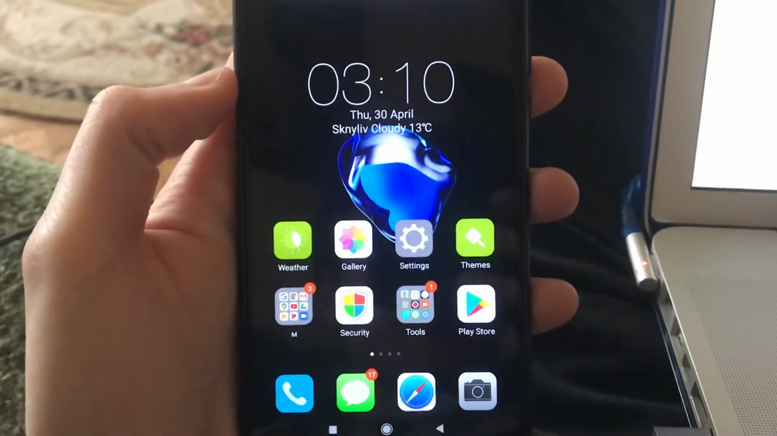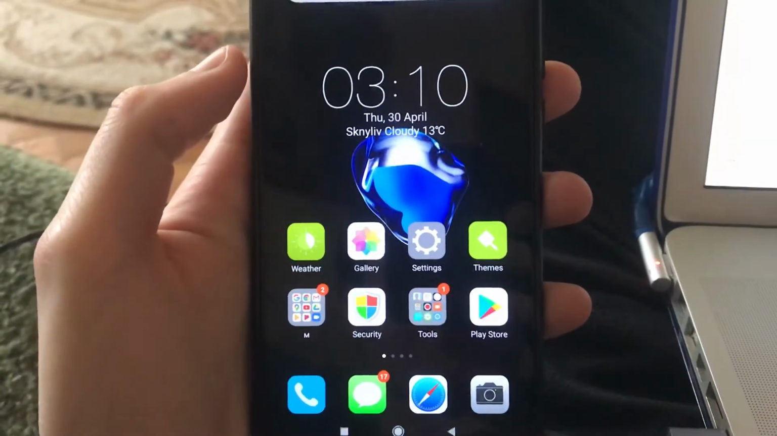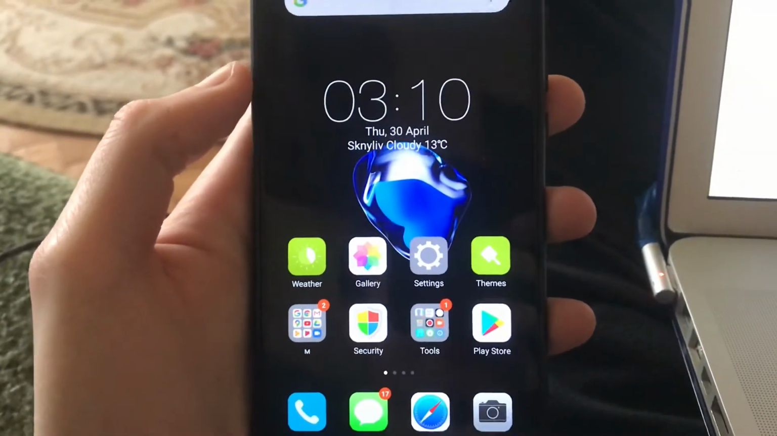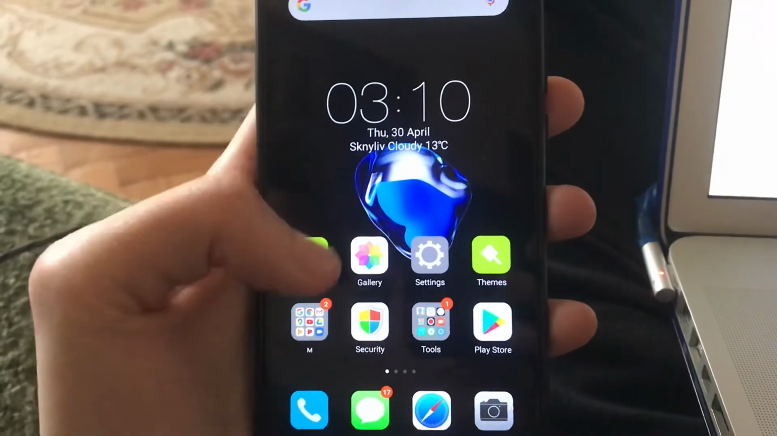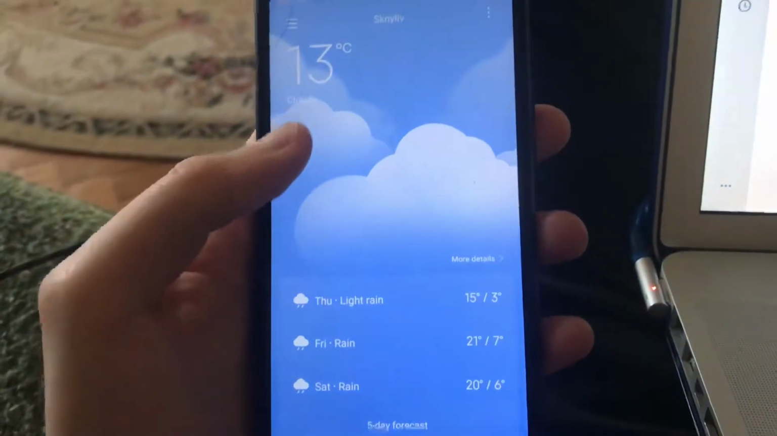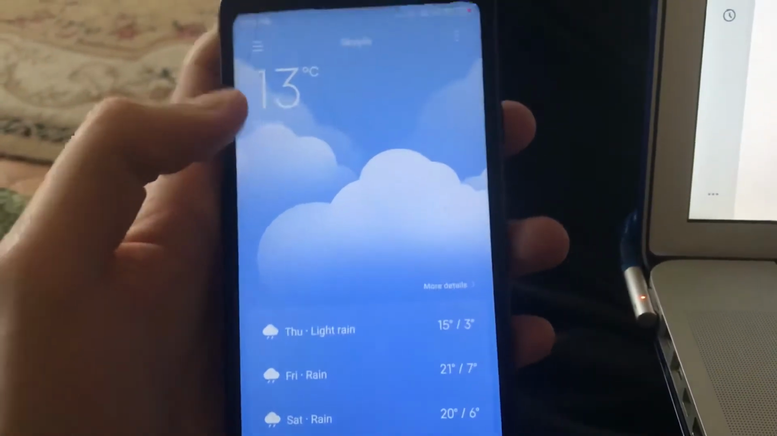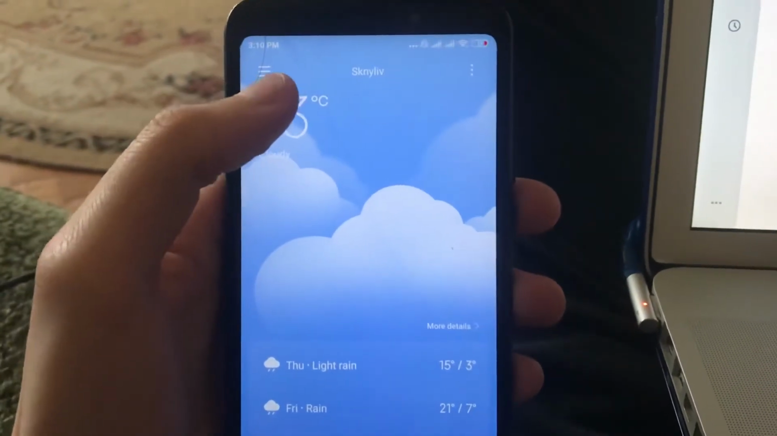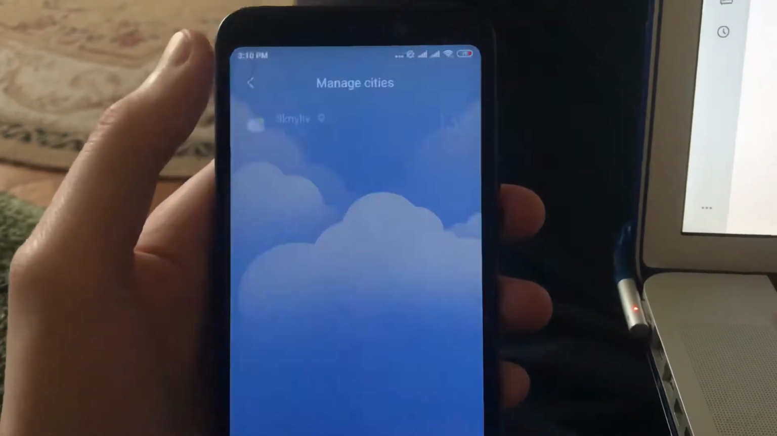Hello dear subscribers, today I will show you how you can easily add another city to the Weather application on your Android. For doing this you just need to open Weather and here you will find your city. So just click on these three lines you see here on the laptop and just here you will see